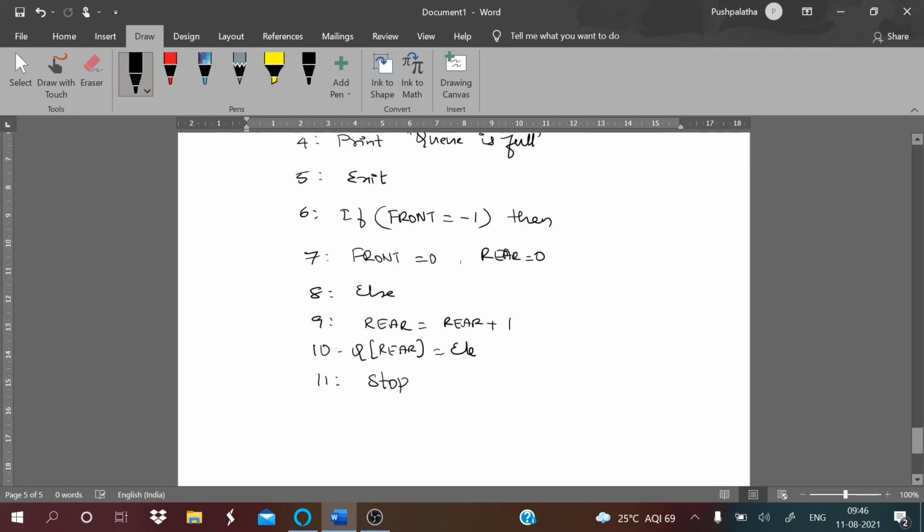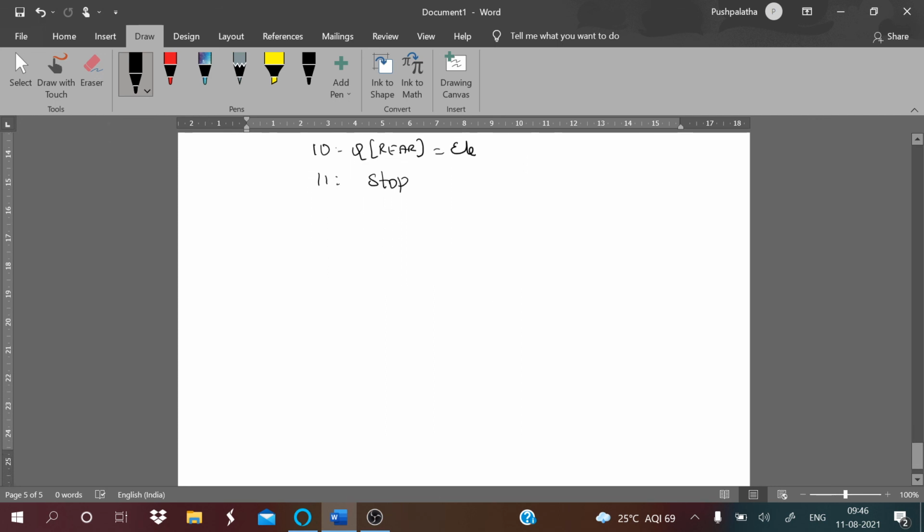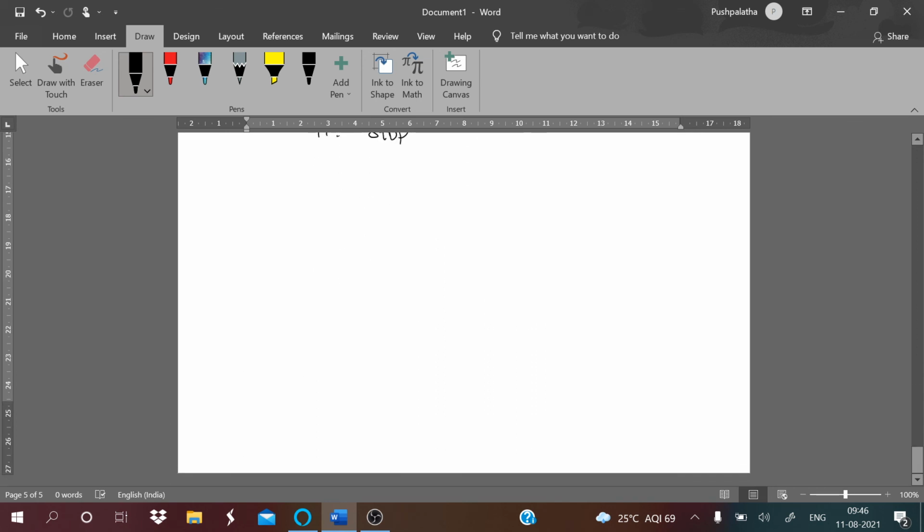In the same way, if you want to insert n number of elements, that is more than one element in the queue, again this will remain the same, but slightly the order will change. That is, first is your start, then we check for the condition.